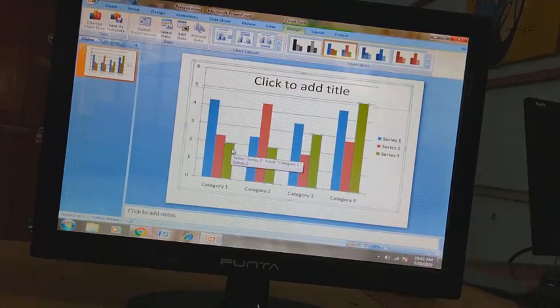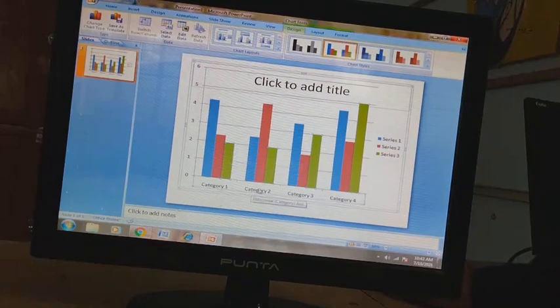These names, Category 1, Category 2, Category 3, Category 4, are the category names, the names you want to give for the x-axis.